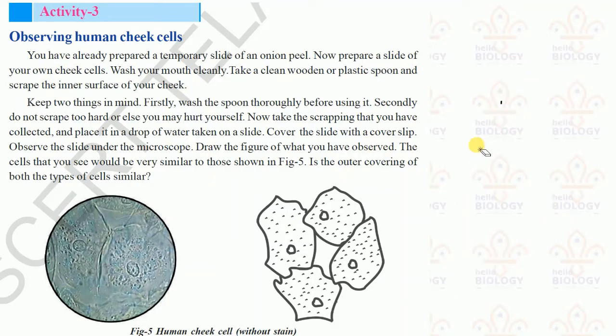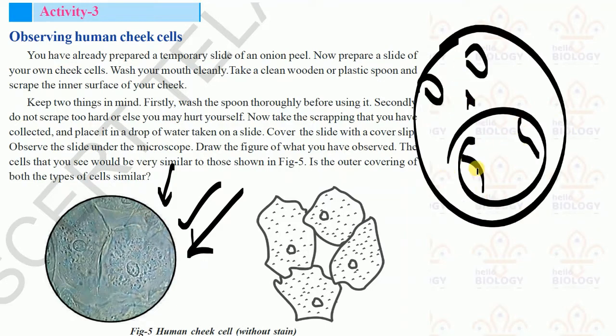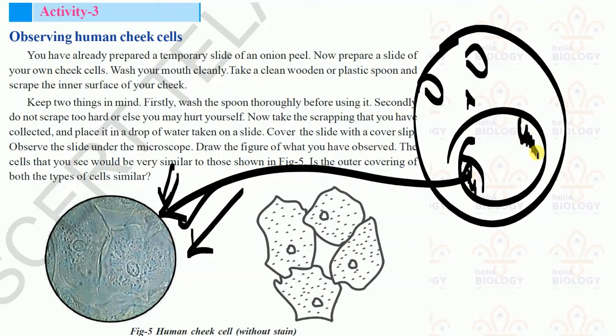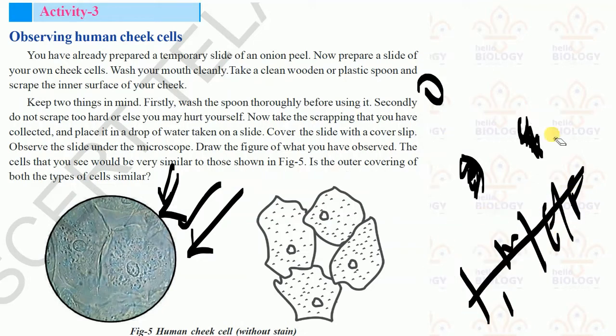If we put it under the microscope and focus correctly, we can see this picture exactly. That means the cells inside our mouth will appear as cheek cells. While brushing, many cheek cells fall down in the water, and they are produced again daily, as you eat pulses, meat, egg, fish and so on. From all these foods, cells will be formed again.